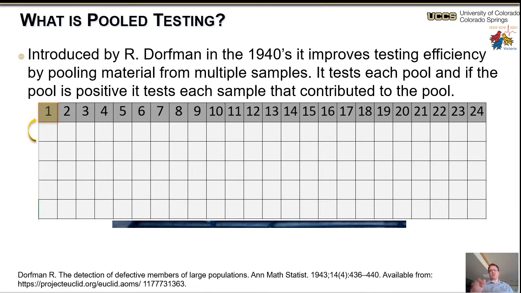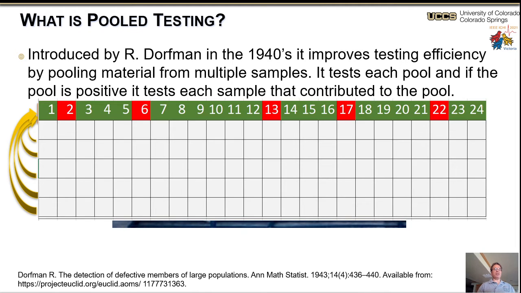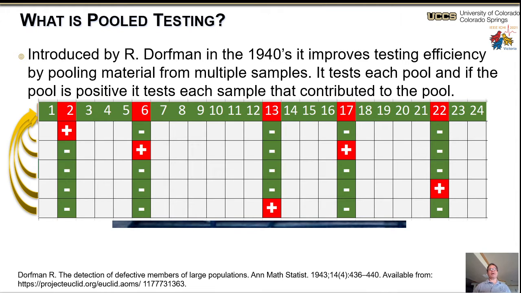and here we're going to do this. I'm just going to show you one, but there's 24 pools here. So we take the first test tube, we put it into the pooled sample, then material from the second, put it in the test tube, third, fourth, and fifth. And so now we have a pooled test with 5 things. And now you can do this for all 24. If we do this and do the testing out of those 24, we might, in this case, get 5 positive pools. And now for each of those 5 positive pools, we go back to the underlying samples, we test each of those individuals, so there's 25 of those, and out of those, in this case, 5 positives